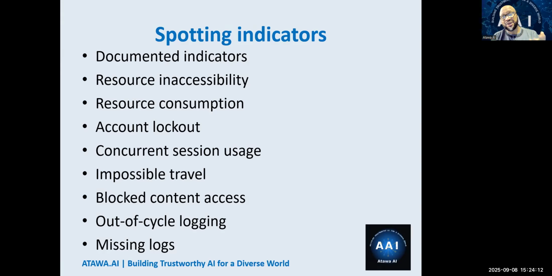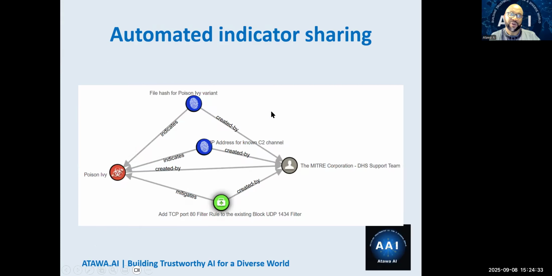Of course, there are some exceptions, like with Apple Pay, maybe a family member uses it, but generally, impossible travel doctrine helps you spot some kind of anomaly, right? Of course, blocked content, missing logs, this kind of thing. This is just giving you an overview of how you can say to yourself, something wrong is going on, right? So look at this automated indicator sharing.